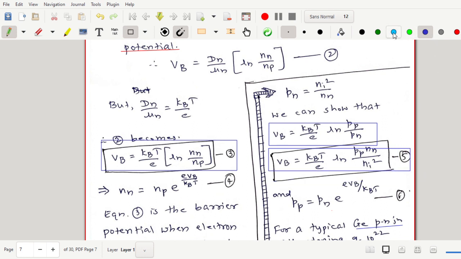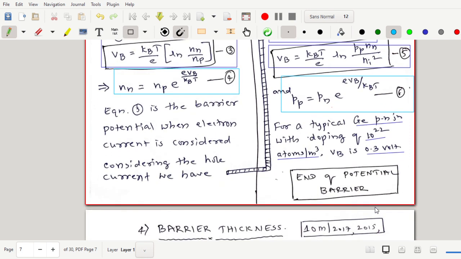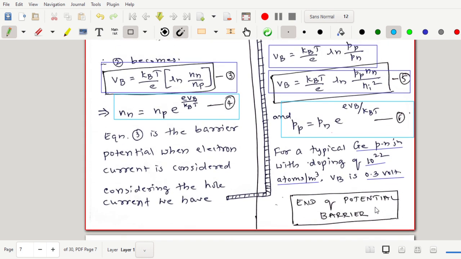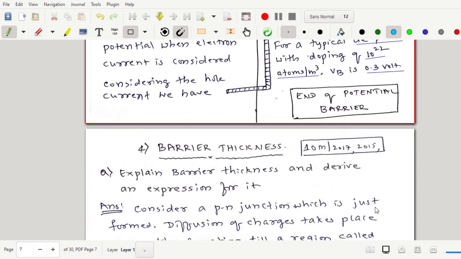The other one which should be remembered is equation number 4, and its counterpart when we consider the holes is equation number 6. So this is the end of potential barrier. In the next lecture we will go for the barrier